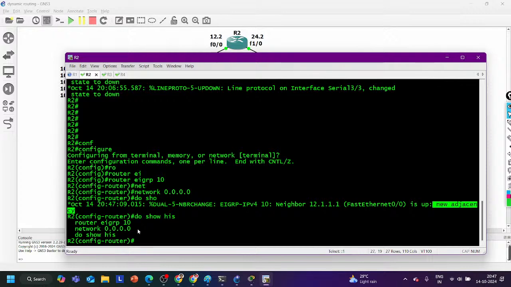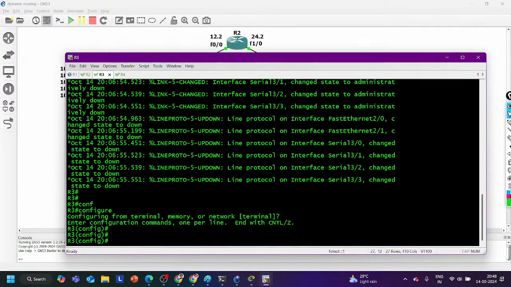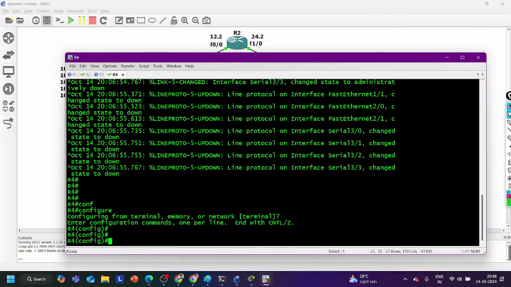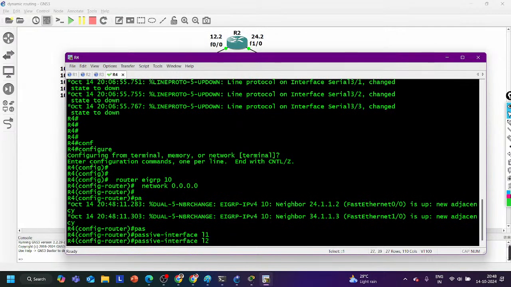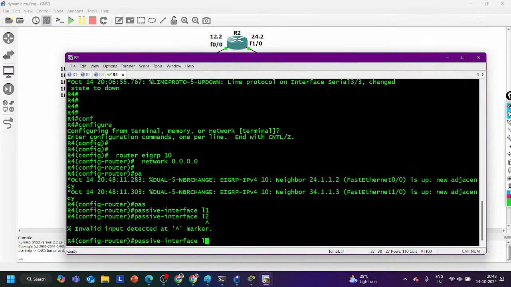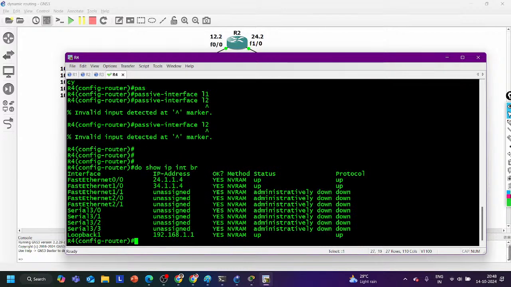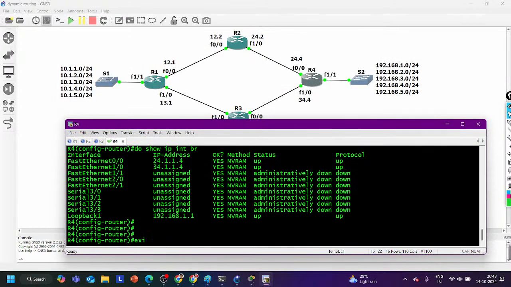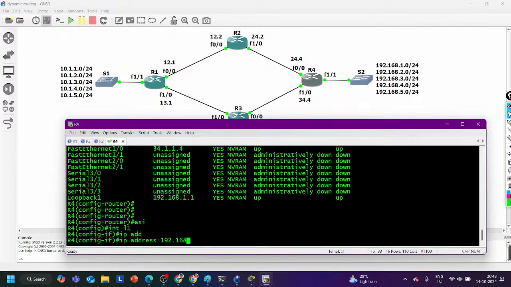Right? Now let me copy this command, router EIGRP and network 0.0.0.0, and let me paste it on R3 also, on R4 also. And on router number 4 we are going to configure passive interface loopback 1, loopback 2, loopback 3. I think loopbacks are not there, so show IP interface brief. Yes, loopbacks are not there. Let me create the loopbacks. Interface loopback 1, IP address 192.168.1.1